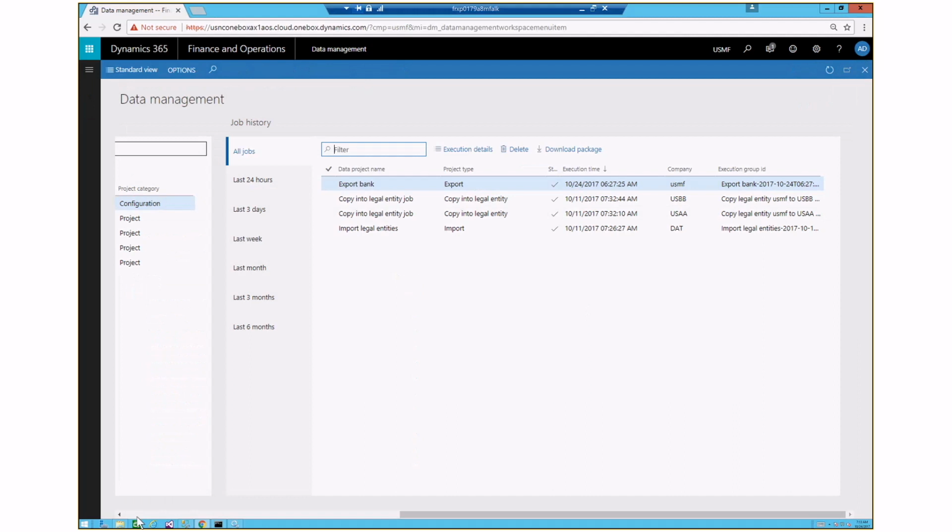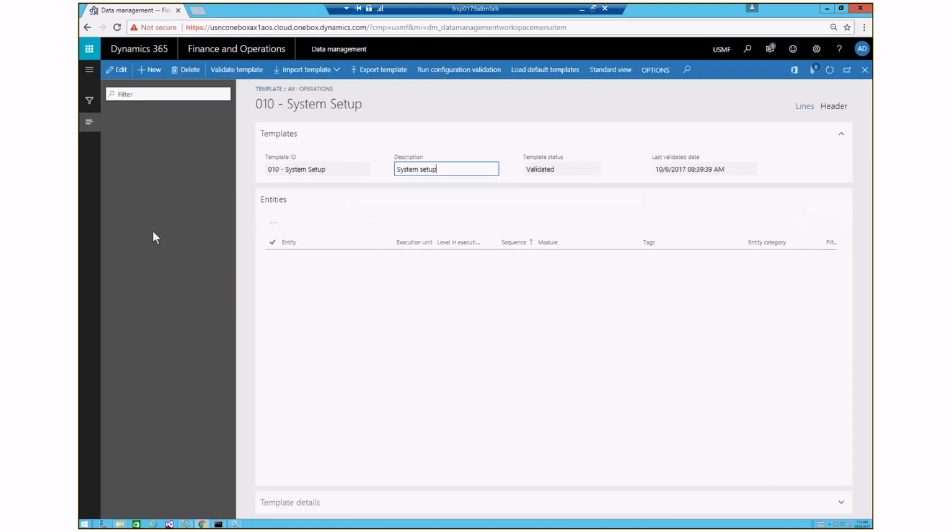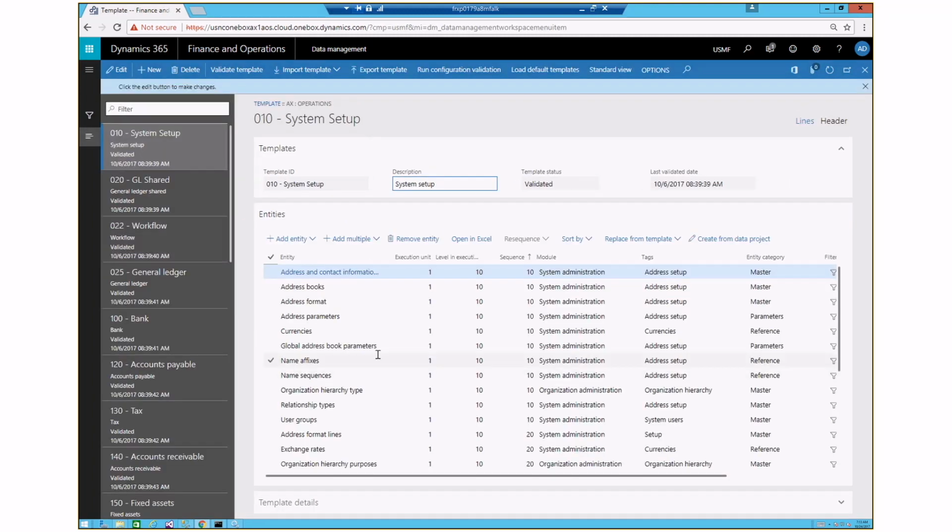Alrighty, so that's the workspace. The other item that is related, we talked about this at the last Tech Talk, is templates. The reason these are important is the templates are simply a predefined list of data entities. And not only are they predefined, but they're predefined in the order that you want to import them. So for example, you'll see